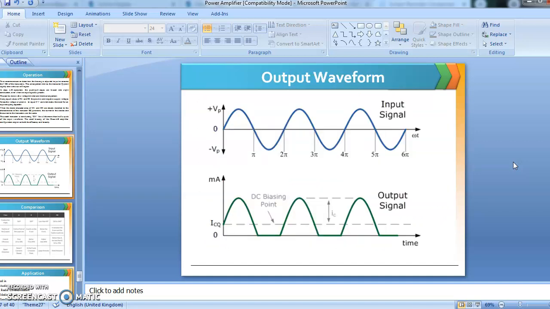So this is the output waveform of the class AB power amplifier. It has the positive cycle, and in the negative cycle some portion of the negative cycle is added to the positive cycle. This is the output waveform of your class AB amplifier. So this is about the